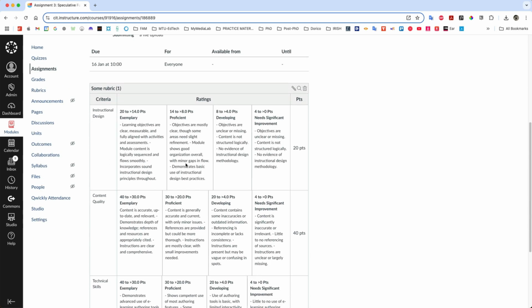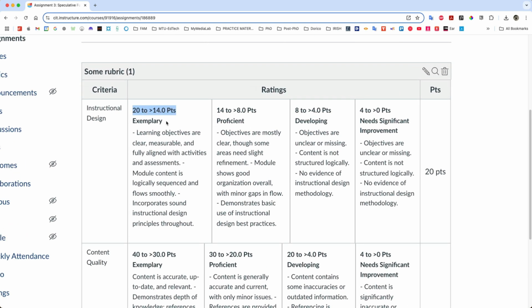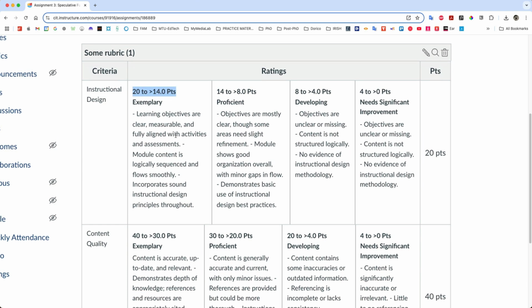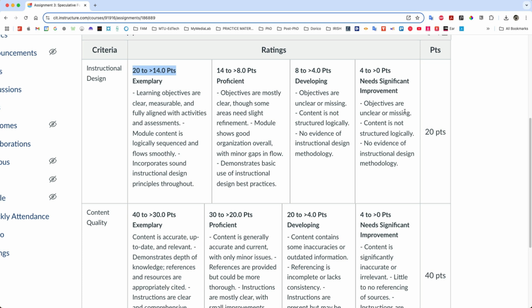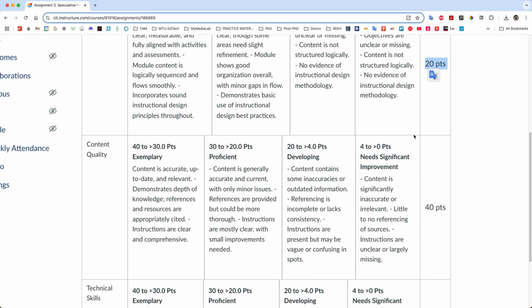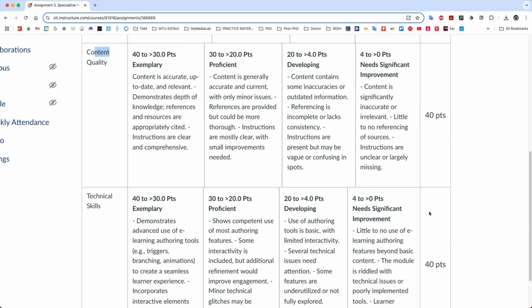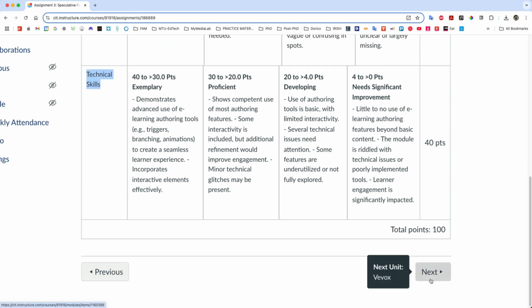And so here we see our rubric. You can see I've assigned a number of different points to that. So 20 to 14 is going to be exemplary. That's going to be our first class honours. 14 to 8 is good, decreasing down. And then we can see what each criteria is weighted. So you can see this instructional design criteria is weighted as 20. The content is going to be 40. Technical skills are going to be 40. And that all adds up to 100. So that makes it a nice and even assessment number. So once you're happy with all that,